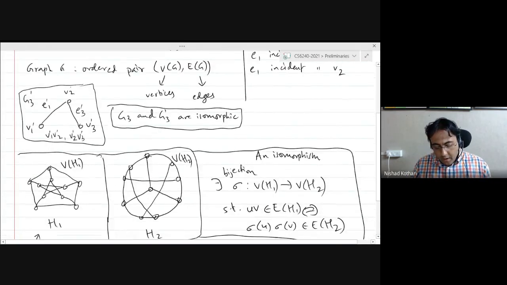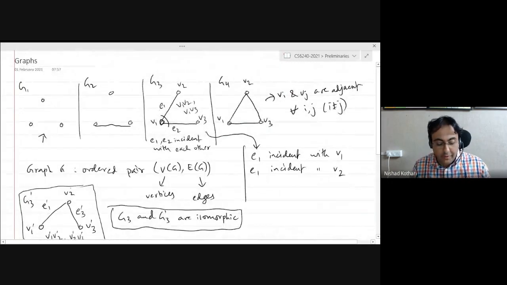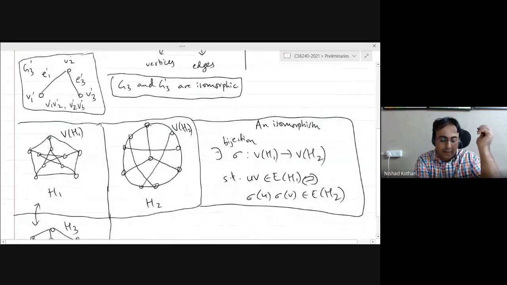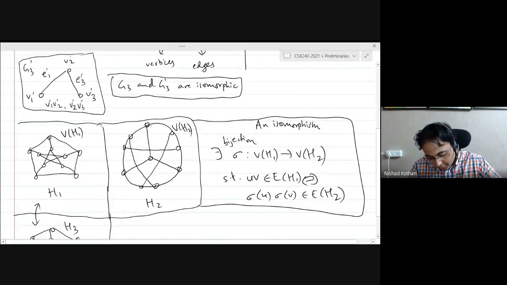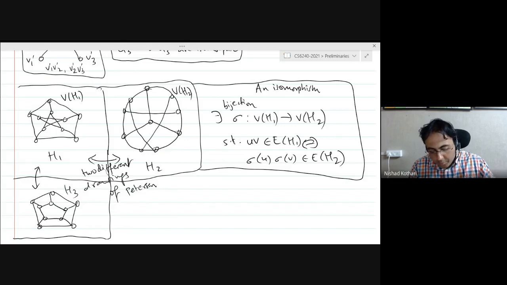Now, if someone wanted to be extremely rigorous, they would say that this is a drawing of a graph, because a drawing of a graph is different from the graph itself, right? There is no correct way to draw a graph. So these are two different drawings of the Peterson graph, which is a very famous graph because it has really amazing properties. Maybe we will discuss some of them during the course. But I won't be calling them drawings of the graph. I will just say that this is the Peterson graph.